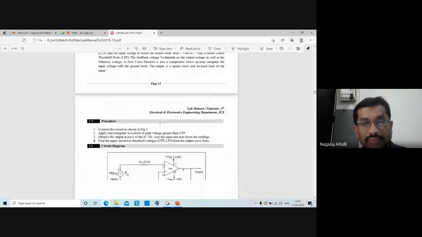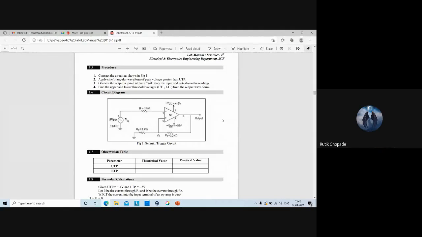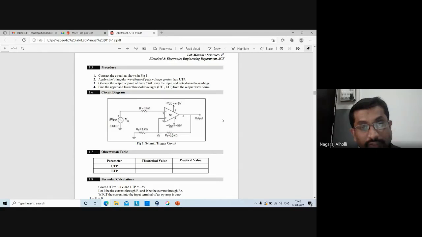So this is how the Schmitt trigger circuit looks. Now tell me whether this Schmitt trigger circuit is an inverting amplifier or a non-inverting amplifier. Looking at this circuit diagram, try to identify which it is. Inverting amplifier. Why is it an inverting amplifier? No, it is not a voltage source. It is an input signal, not a voltage source. This VCC is called the voltage source.